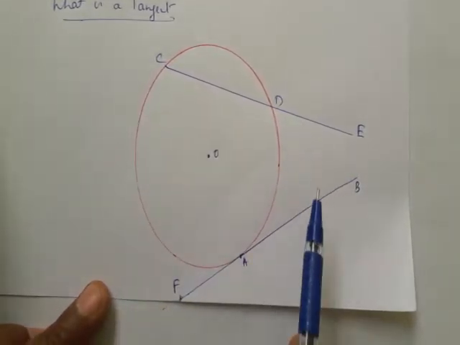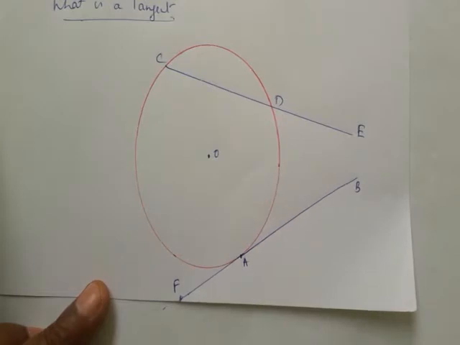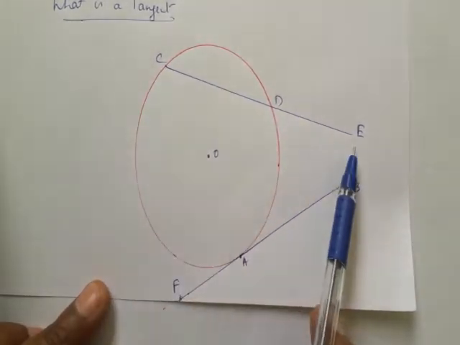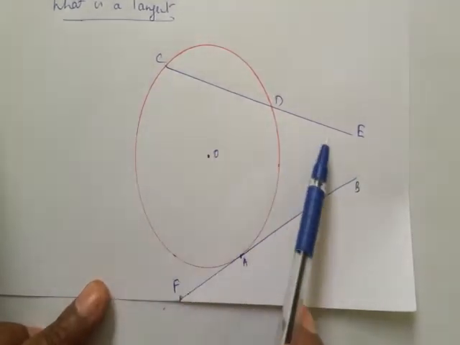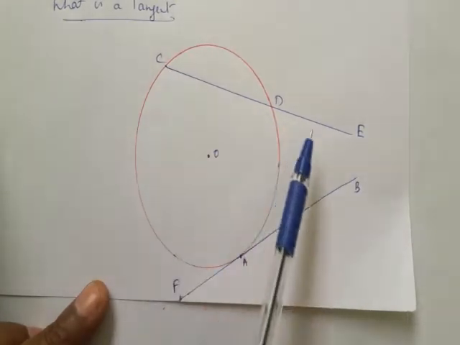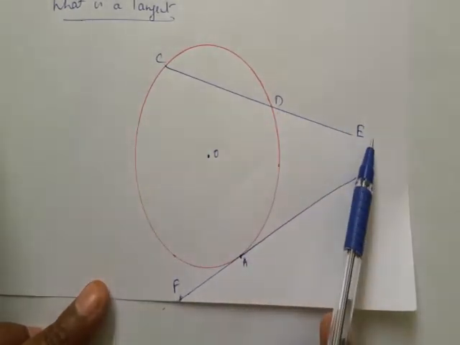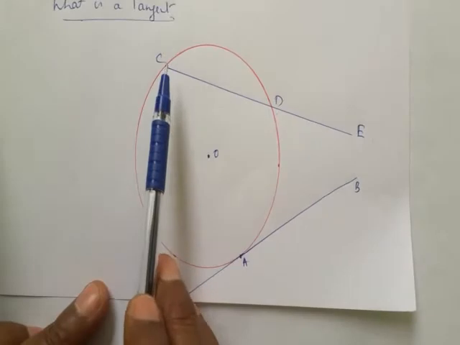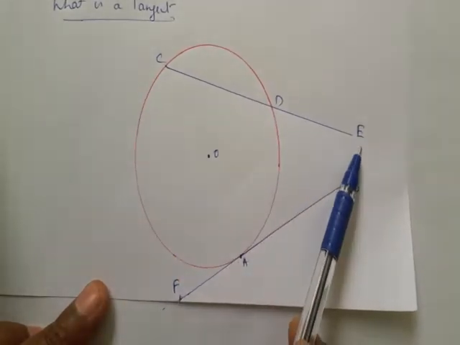So what difference these 2 lines are showing you? Study both the lines drawn on the circle and make a comparison. Let us see. Look at, this is the CDE line. This line touches the circle at 2 points. Look at, CDE is a straight line. I read out once again, CDE is a straight line.